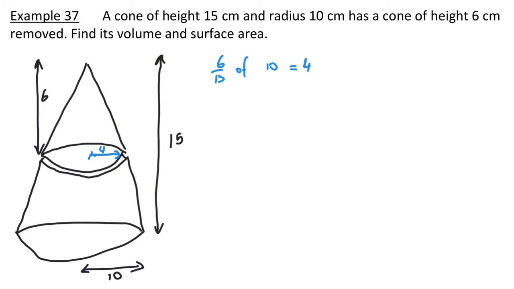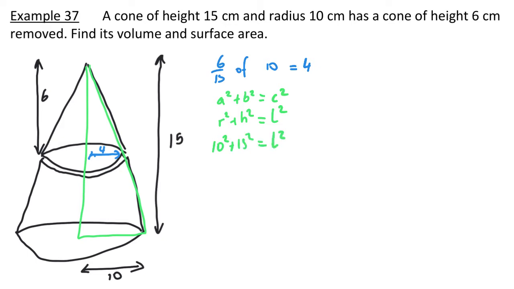What we need to do as well is work out the slant height. Now if we work out for the large triangle, what we've got is r squared plus h squared equals l squared, where r is the radius, h is the perpendicular height, and l is the slant, and that's coming from Pythagoras' theorem of a squared plus b squared equals c squared, where c is the hypotenuse. So then we get 10 squared plus 15 squared equals l squared. So that's 325 equals l squared. So l works out to be